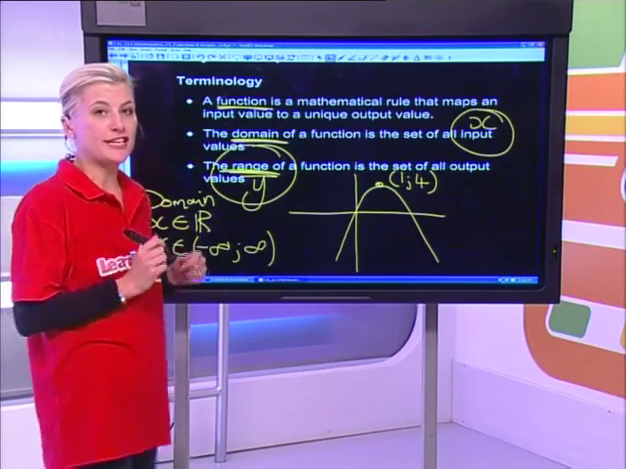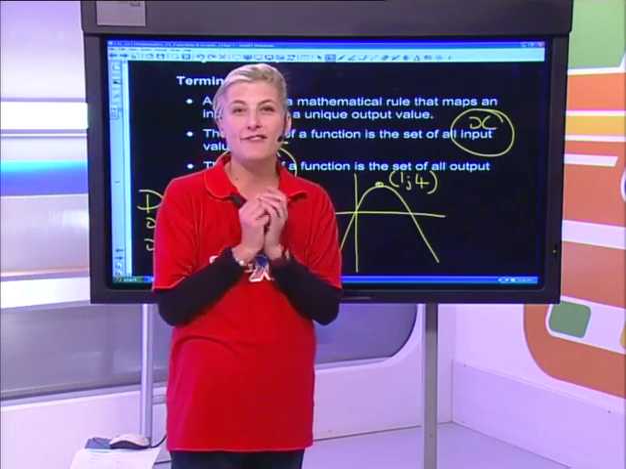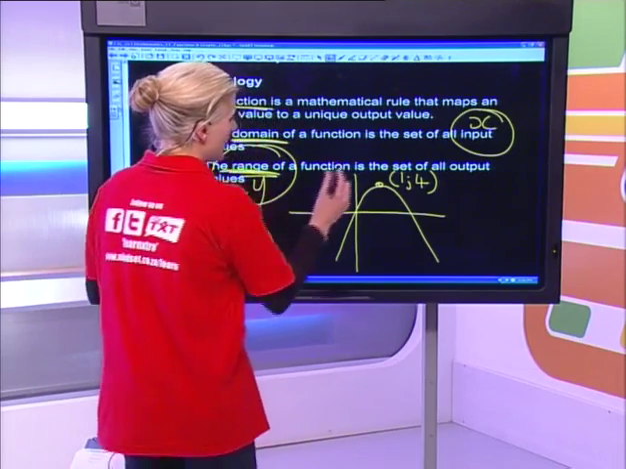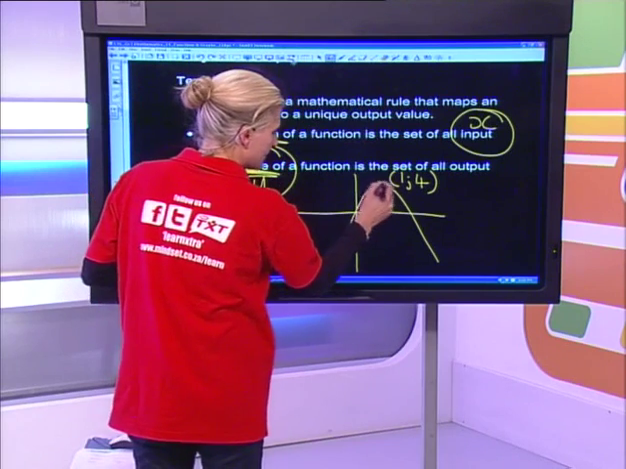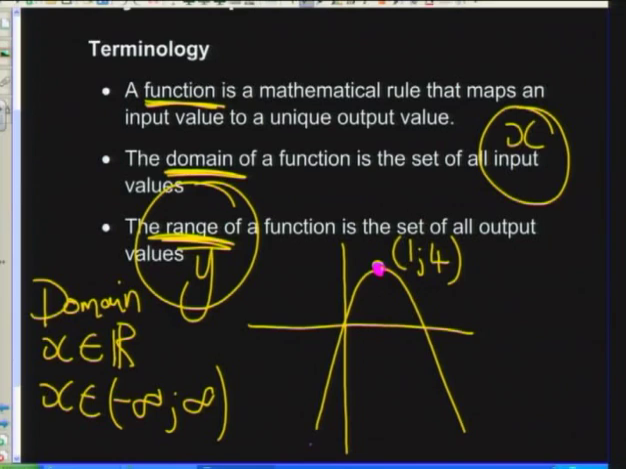Now, if we look at the range of this graph, we look at the y values that this graph is drawn for. So the highest y value that this graph ever gets to is over here at 4. So it goes from negative infinity up towards 4, but then it starts going down again. So when I talk about the range of this graph, I will say y an element of negative infinity all the way up to 4,